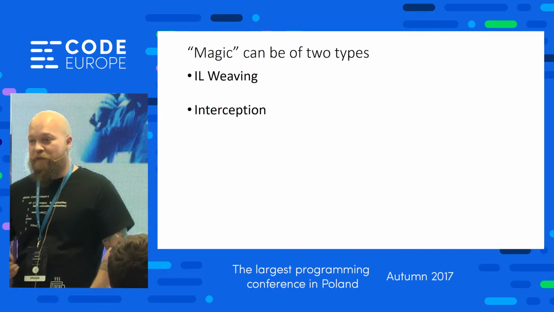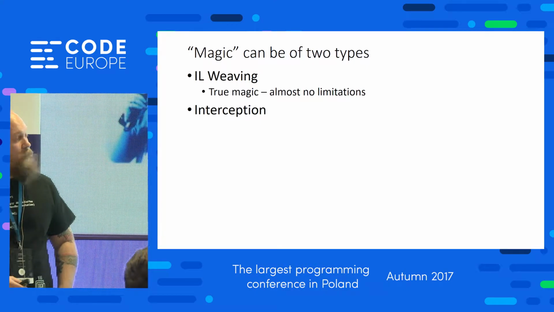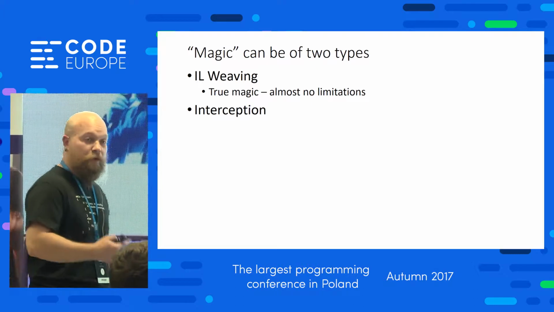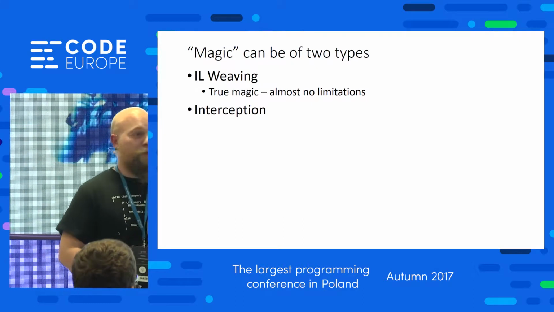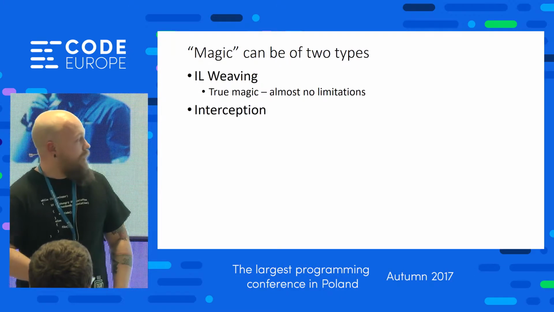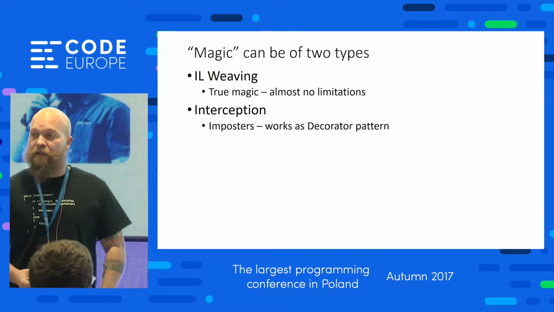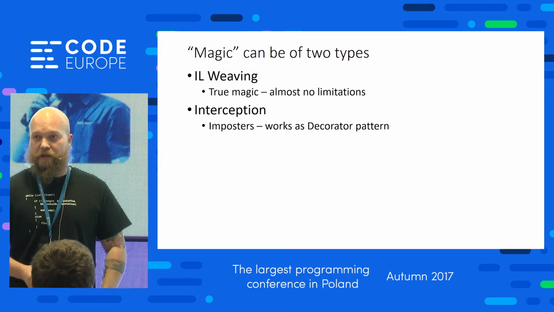So it's a magic, maybe a black magic. This magic can be separated into two types. Weaving, so some true magic with no limitation. You can do almost whatever you want, you could instrument even the constructors. And interceptors, which usually work as decorators, and you can instrument only public methods